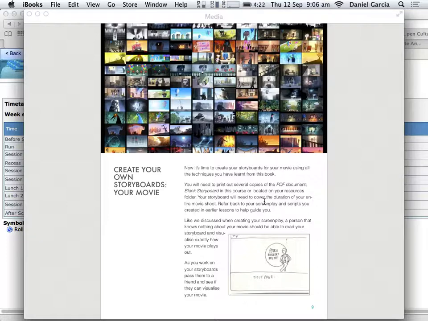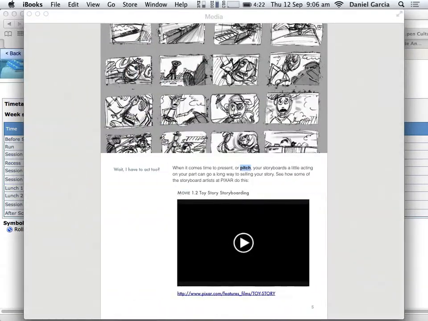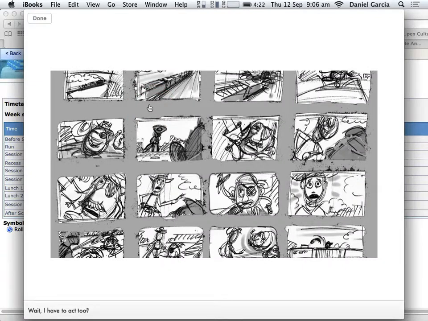Any other questions? Yes? Can you draw stick figures? You can if you like. Again, guys, storyboards: obviously, we've seen some really detailed ones here. I mean, here's some slightly more scratchy ones. The people that make them, that's their job. It's their full-time job to make storyboards. You become a storyboard artist. That is your profession. So they know how to draw storyboards really, really quickly.